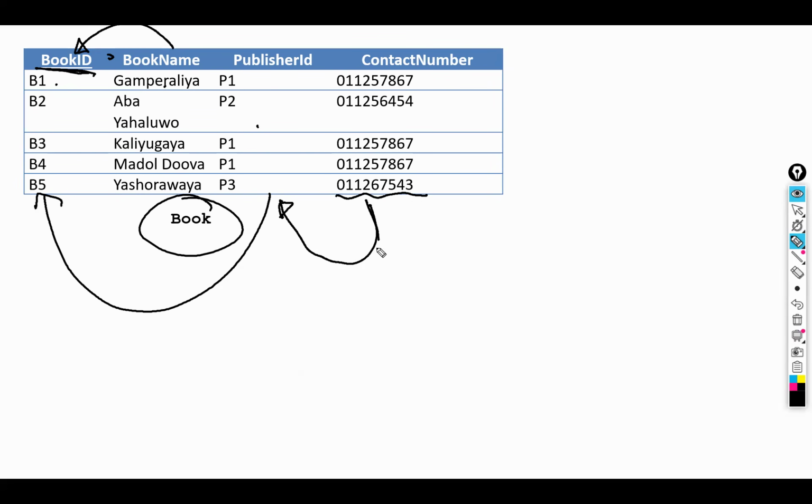So therefore, this depends on the publisher and publisher depends on the primary key. But that is not good. So this is a transitive dependency. Your non-key fields must directly depend on the primary key. But this is not directly dependent. This depends, but transitively. So therefore, this violates the third normal form. So the solution is,